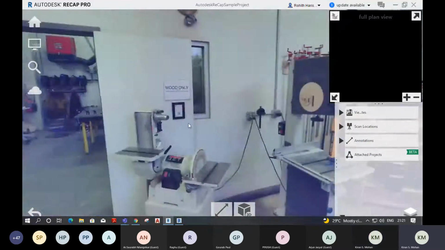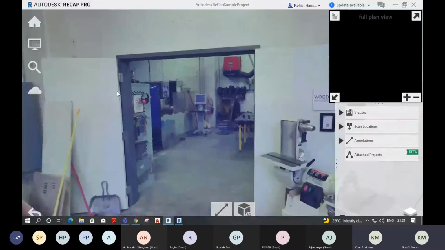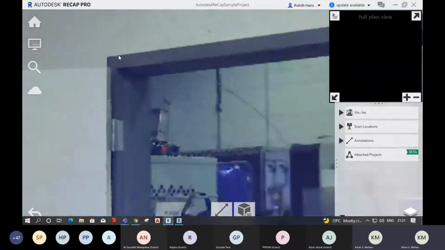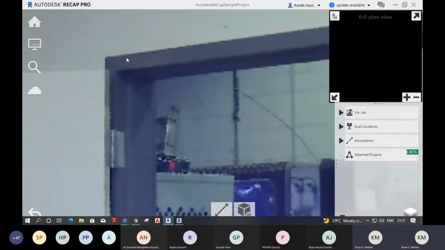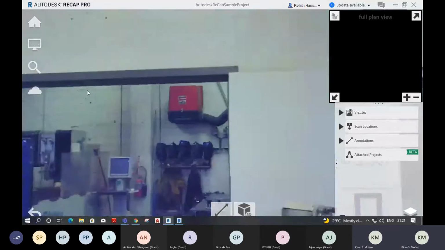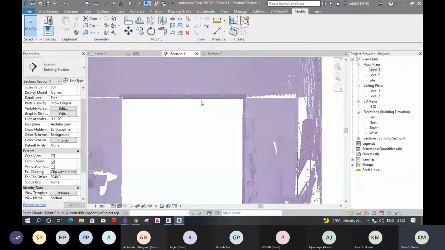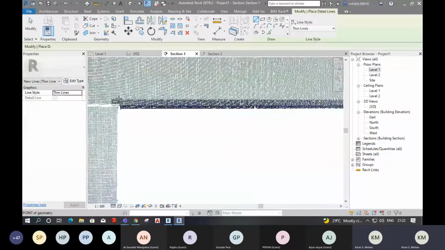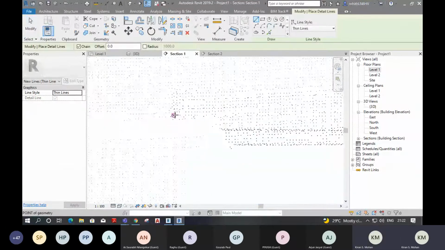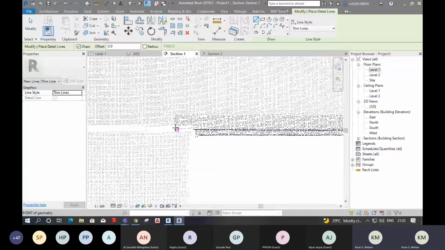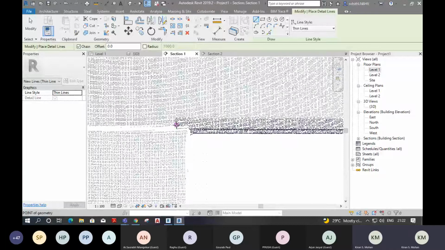So go to Revit, use dimension lines. When you zoom in, the distance between the points will increase. So just identify a particular point. It should be almost aligned, or at least it should be an aligned dimension.